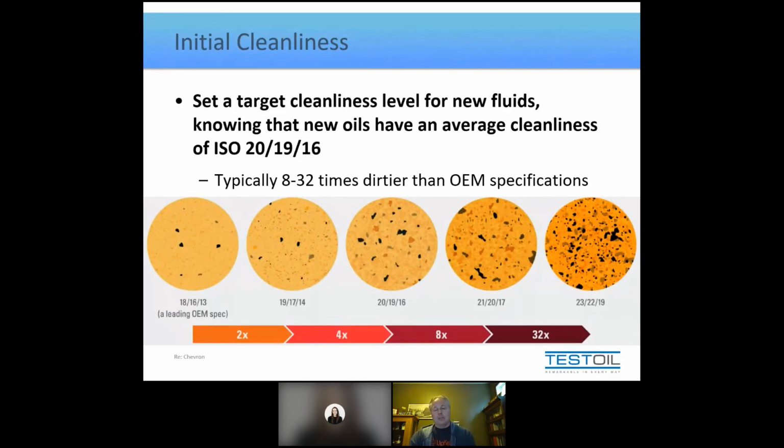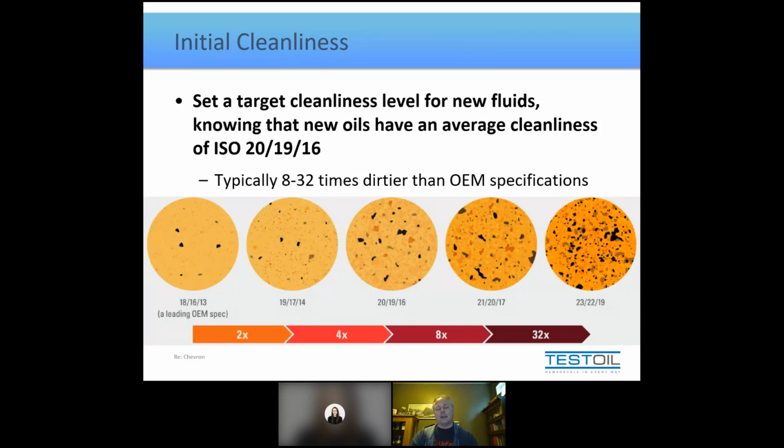Now, I know, generally speaking, when I teach groups about this, as soon as I say an ISO code of 20/19/16, I've lost people. I know that there's some people who don't understand ISO codes. I also know that there's a lot of people out there who think they understand ISO codes, but don't really have a good way of explaining it to somebody else and making it into a tangible comparison. Most people who think they understand it just say, well, relatively speaking, if it goes up a code, it's twice as dirty. And I go, fair enough. But how do you know how dirty it is to begin with, right? Twice as dirty as something doesn't tell me anything if I don't know how dirty it was to start.